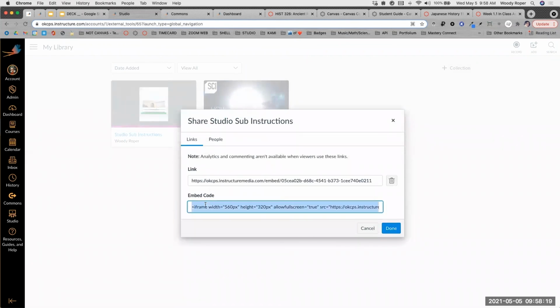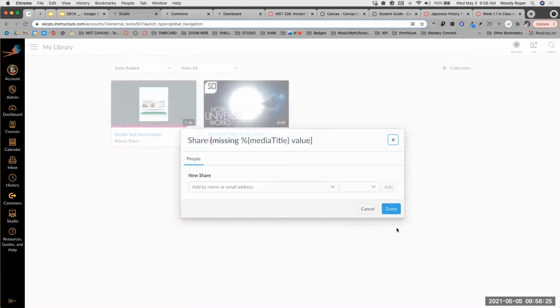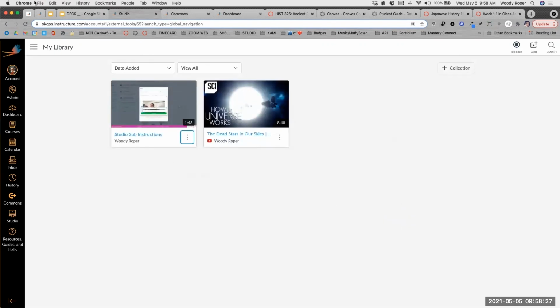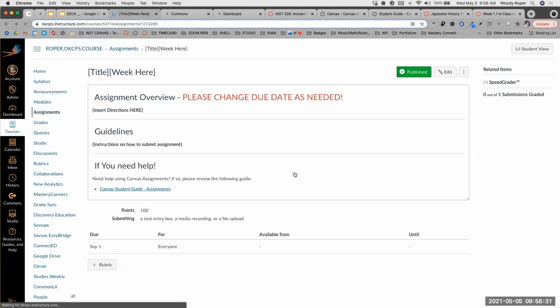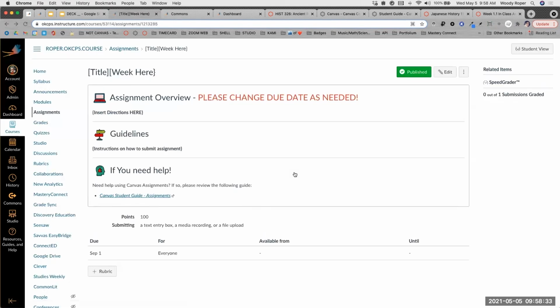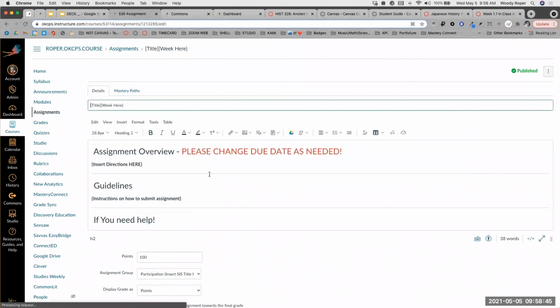This is what you need. You need the embed code for it. So I'm going to grab that whole embed code and just copy it. Take myself back over to the assignment. And it looks like, wow, this is a lot of work. It's a lot of work for one thing, because this is going to be my Studio assignment template. I'm going to hit edit,